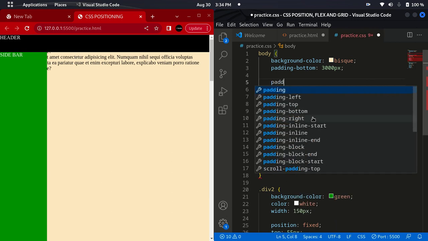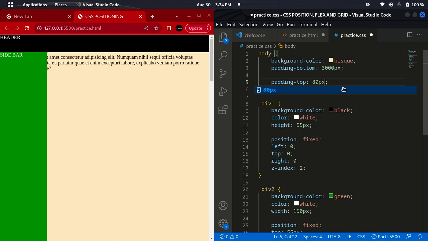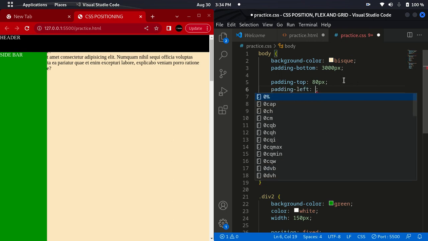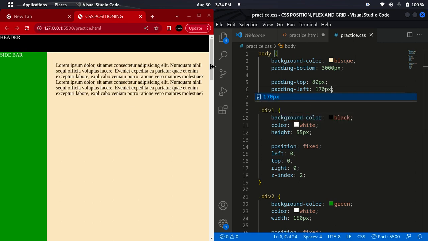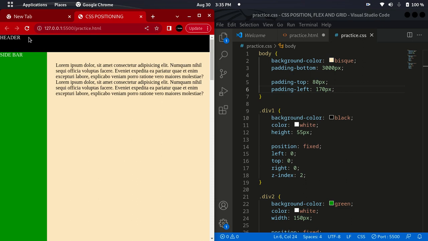So I'm going to give it a padding top of say 80 pixels and a padding left of, since the size of this is 150, I can give it a padding left of 170 pixels and save. Now you see how it is. You can now scroll very well. So this is all about fixed